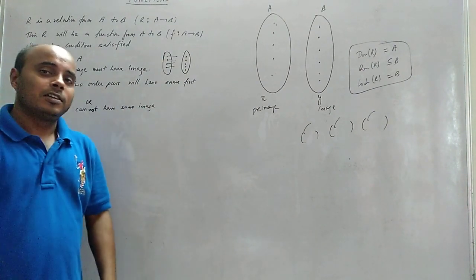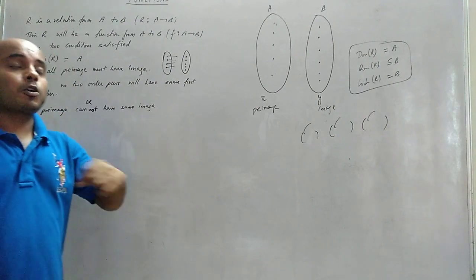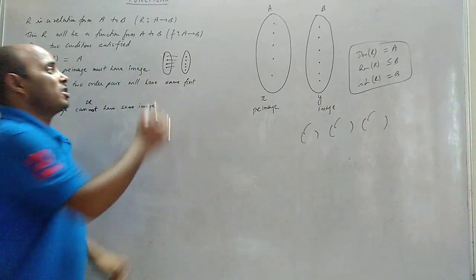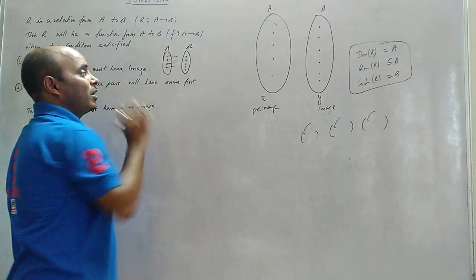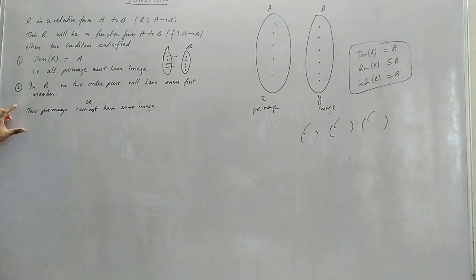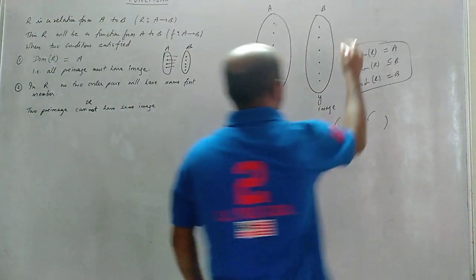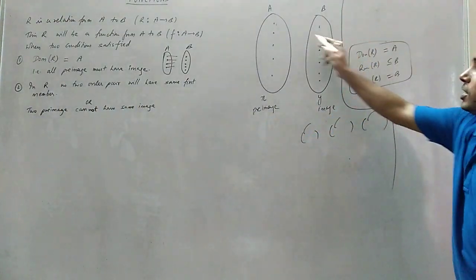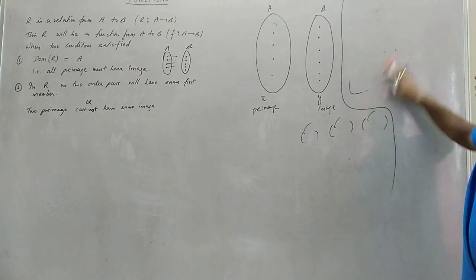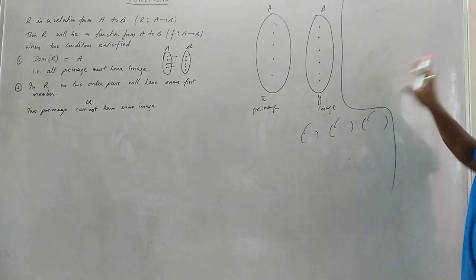You understand? Then that is a function. That means for all the functions, the domain of the function is nothing but the first set A. You understand the first condition, class? Now the next condition. Okay, these things you will write in your book. इतना लिखोगे आप लोग. ये लिखने का जरूरत नहीं है. तो मैंने सिर्फ समझाया है आपको. Okay, class? So don't get confused on what to write, what not to write.